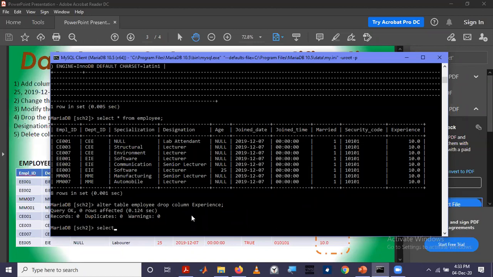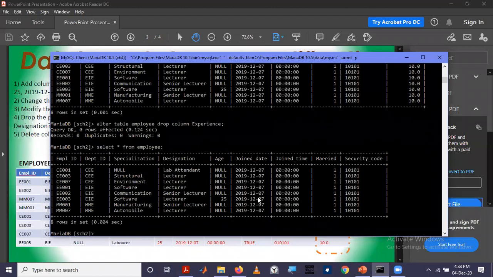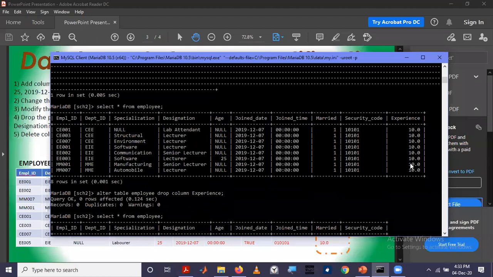So now if you visualize the table, you no longer can see this experience column because we dropped the column or deleted the column.